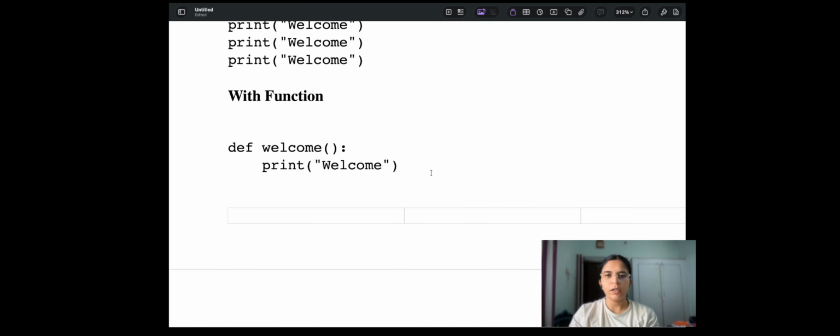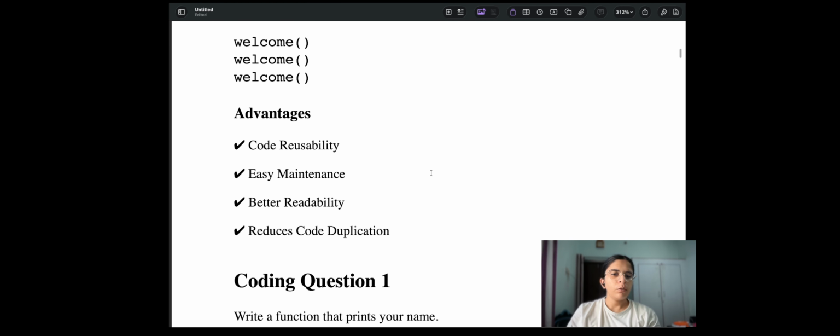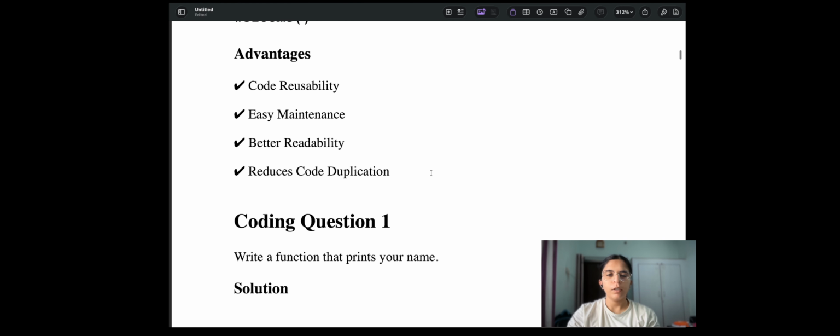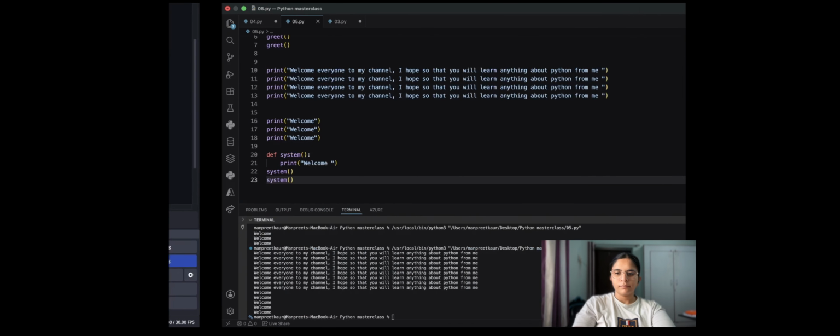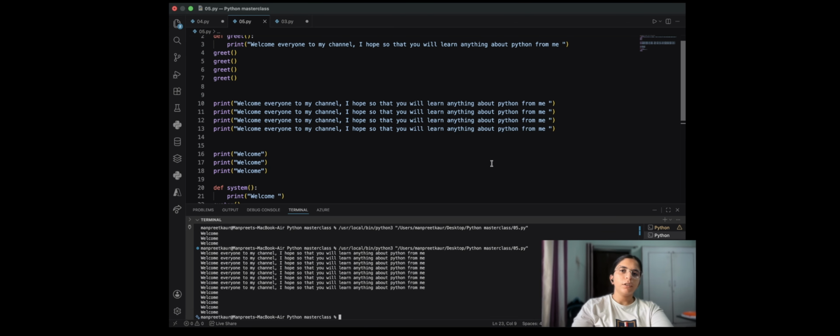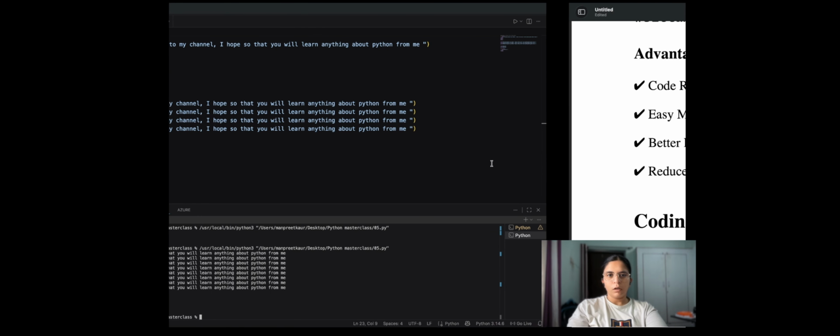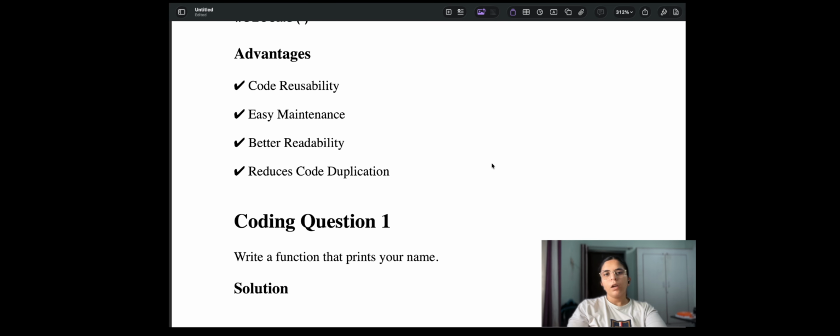Now with function I already discussed with you. Now we are talking about code reusability. So this is all about functions. Now we are going to the advantages of functions.